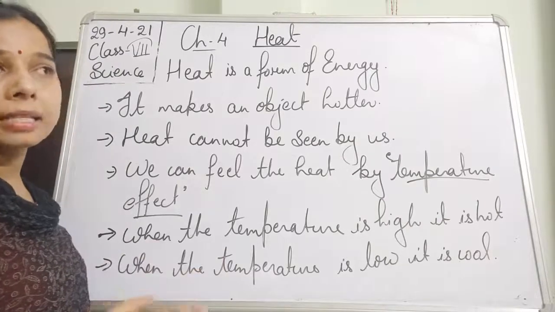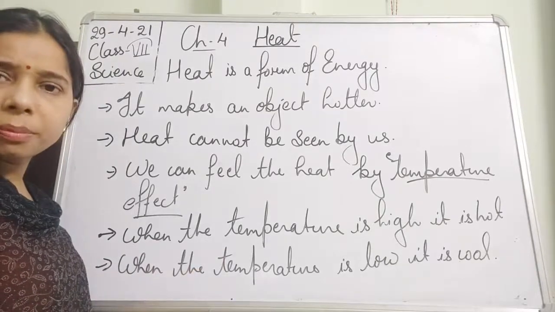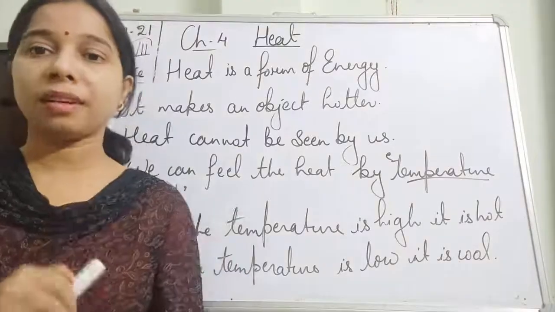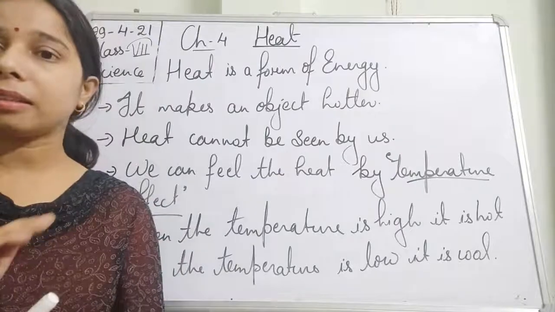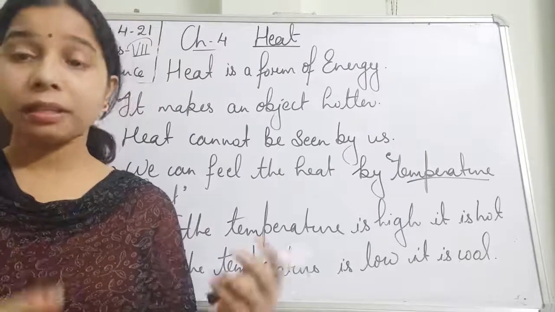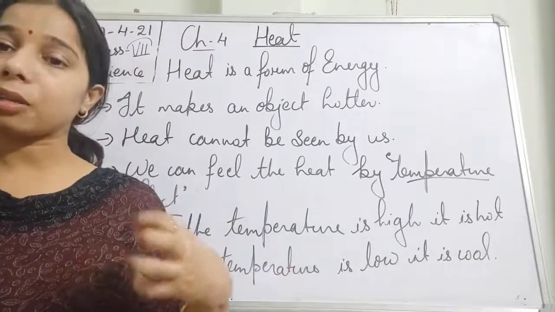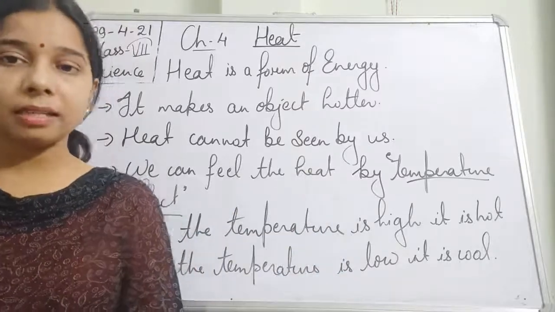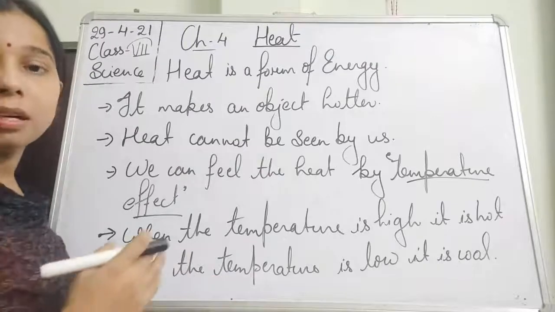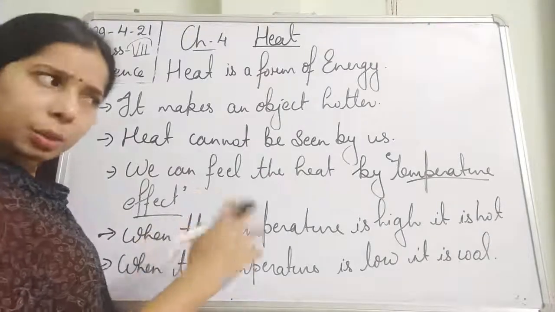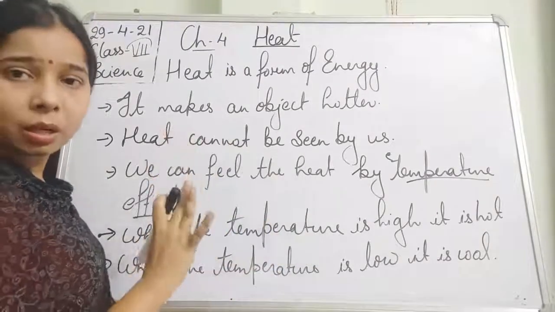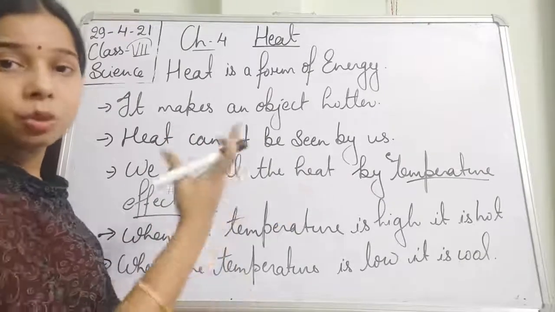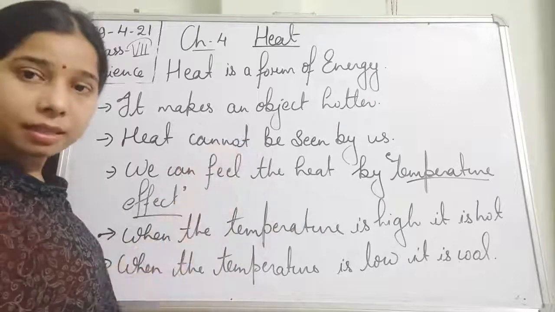Suppose you have taken a utensil at room temperature, it will be normal. But when you take the utensil and keep it on a gas burner, you will find that the temperature increases by providing the heat to it. Or we can say that when we burn it, because of the fire, the temperature increases, and then it becomes hot. We can say it the opposite way also, that by providing heat to it, the temperature increases.